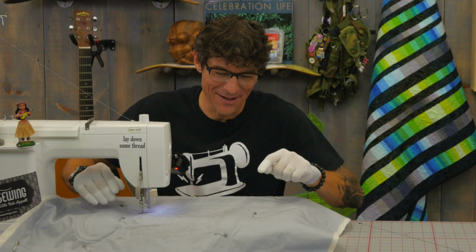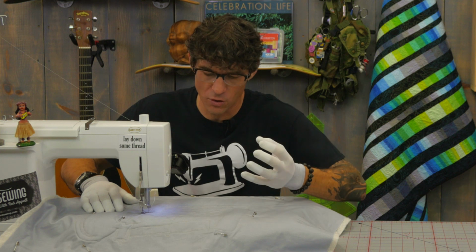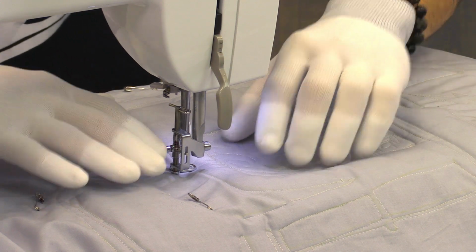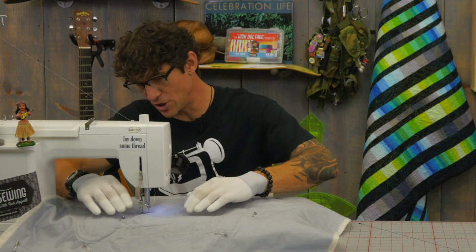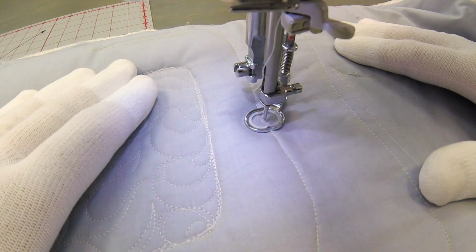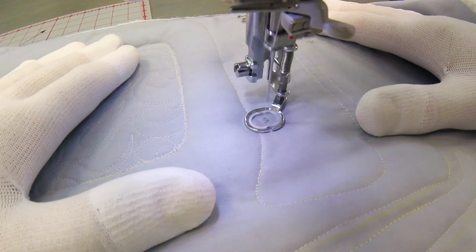Oops, so sorry, I got started without you, but as a reminder, I did finish safety pin basting all my layers, and I've started doing the dense quilting, but again, like our normal quilting process, I started with my dense quilting in the center of the project, and I'm gonna work my way out. I've actually just jumped over some of the batting, and now what I'm gonna do is follow this straight line. Like I said, if I ever needed any repair work, I can,